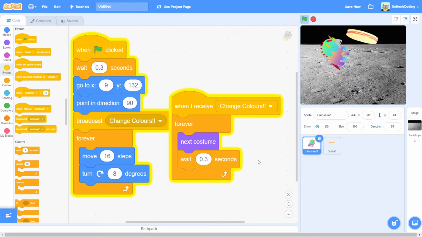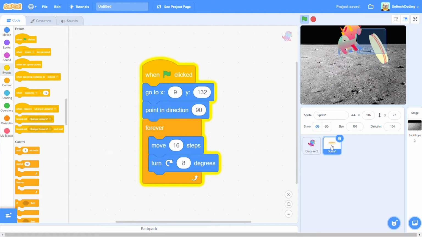Broadcast blocks are very useful. Now the important thing is these blocks also go to different sprites. If you wanted this hot dog to change colors at the same time, you could also use broadcast blocks. Okay, so now we're going to try that. We're going to make the hot dog change colors. Now because the hot dog only has one costume, the easiest thing to do is actually use the block that's